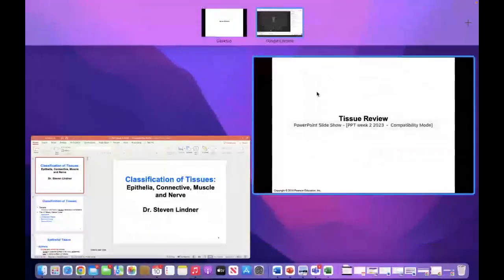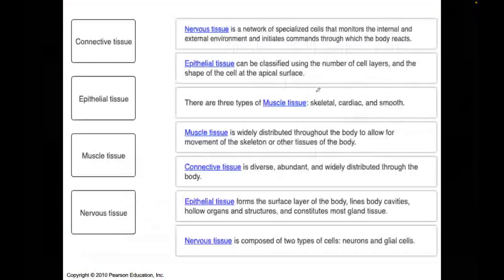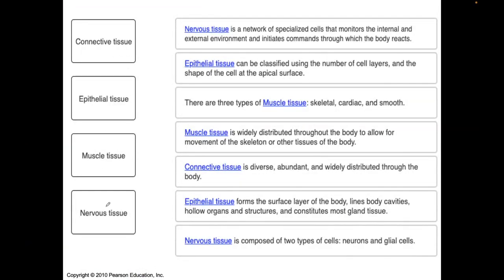Hi, class. Let's take a look and do a quick tissue review. This comes from Connect. So let's just take a look here. What we have to drag and drop are the four different types of tissues: connective, epithelium, muscle, and nervous tissue,